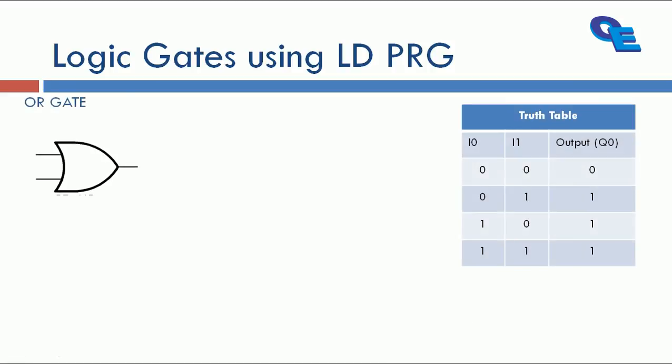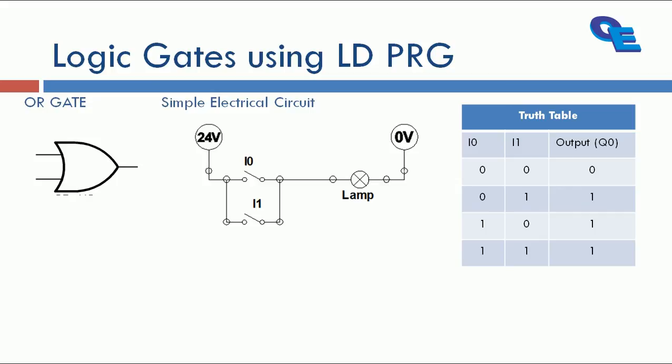Now OR gate. OR gate itself indicates that when it has two inputs, either I0 or I1, or both inputs are high, output should be high. For this, we have to draw an electrical equivalent diagram. Simple electrical circuit will be like this. Two normally open switches are connected in parallel, and in series with a lamp,